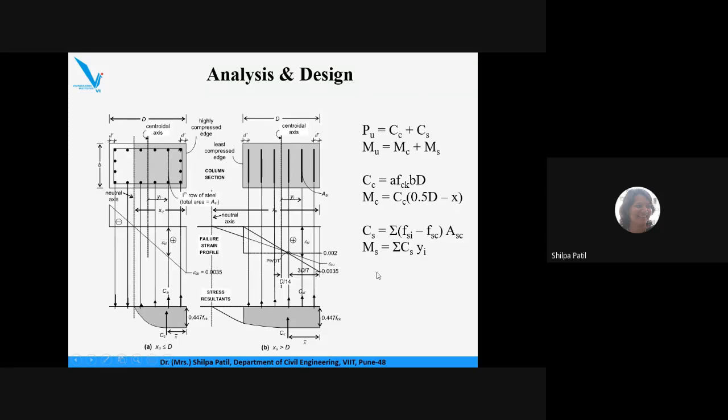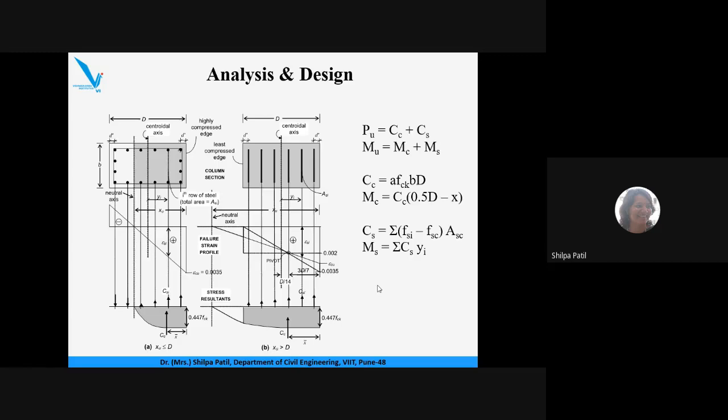Now, I have written all these formulas in the form of certain expressions. When we actually want to calculate all these values, the time required is large, because for each and every bar we have to find out its stress and then its lever arm and then find the addition. So it is a time consuming task. And also, this is just for one single case where xu is less than d. When xu is greater than d, again the entire section is in compression. We have to consider the corresponding strain diagram and stress diagram, then find out the forces resisted by concrete and steel, and similarly the moment resisted by concrete and steel.